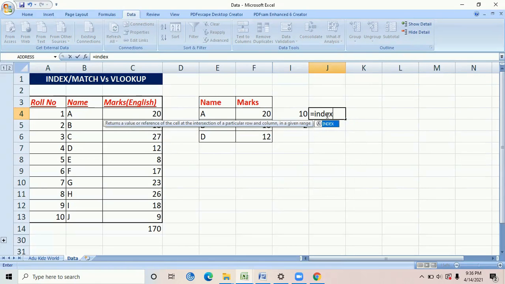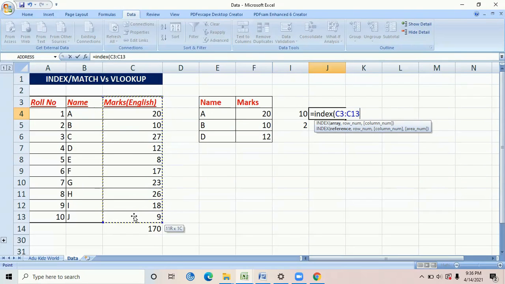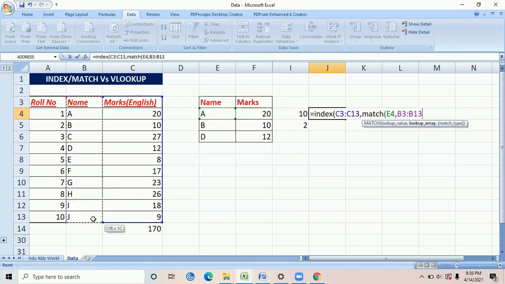So let me just put INDEX, right? So I need the marks as I've shown under the VLOOKUP. So the result outcome will remain the same, but the formula gets changed from VLOOKUP to INDEX and MATCH, right? INDEX, then my array is, I need the marks, so I'll put this as my base, right? Second, it's asking me for the row and the column, to replace that I'll just write MATCH, and then what do I need? I need A's marks as the lookup value, it's here, right? And an exact match, and close the brackets.